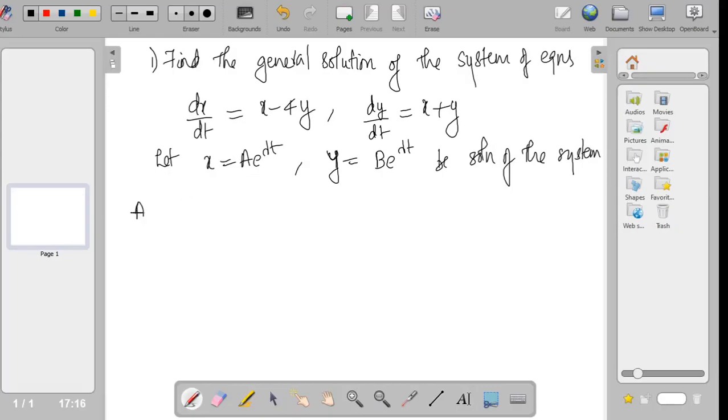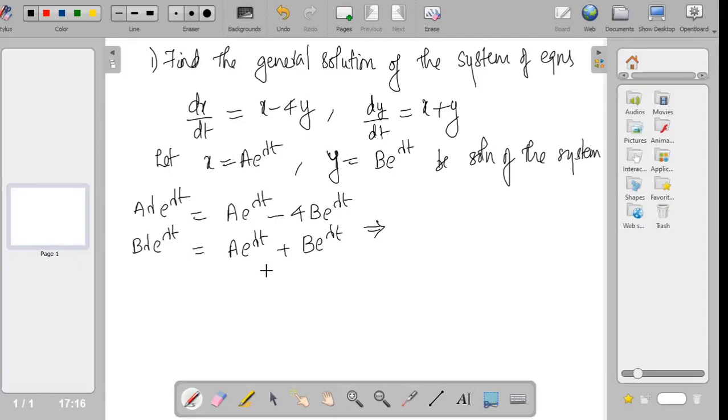So you will get aλ e^(λt) = a e^(λt) - 4b e^(λt), and the second equation will be bλ e^(λt) = a e^(λt) + b e^(λt). So e^(λt) will cancel off on both sides, so you will get